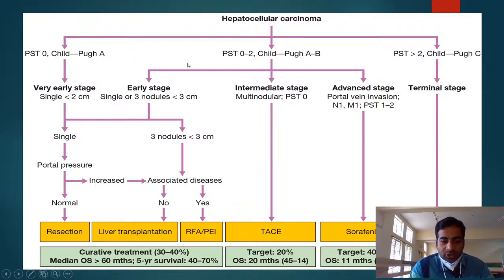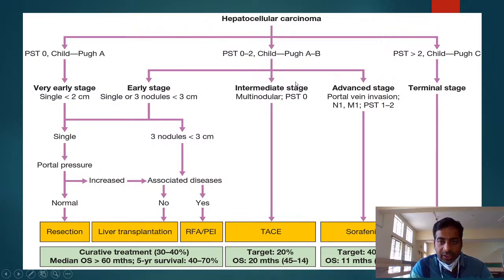So hepatocellular carcinoma, okay. So these are the treatments. So Child-Pugh score A, it's usually the very early stage, with a single lesion less than 2 centimeters. You measure the portal pressure. If portal pressure is normal, you just do resection. If it is increased, and if the patient has associated diseases like diabetes, hypertension, then you can go for liver transplantation. If there are no associated diseases, then only go for liver transplantation. If there are radiofrequency ablation options, you can go for that. Okay, and